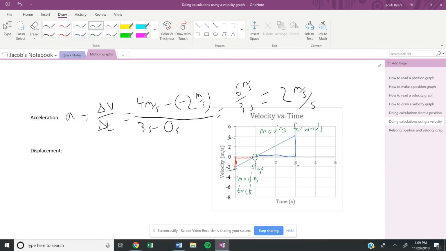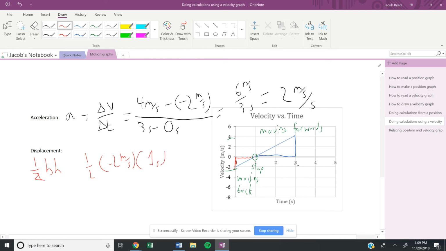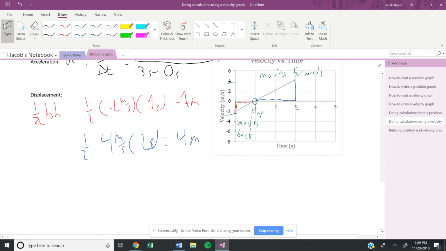The first thing you want to do is find out how far do we move backwards, okay? The area of a triangle is equal to 1/2 base times height. So here we've got 1/2, my height is negative 2 meters per second, and my base is 1 second. So we move backwards negative 1 meters. The second one we've got here is 1/2 times 4 meters per second and 2 seconds, which gives us 4 meters forward. To find our overall displacement, we just add those two. So displacement equals -1 plus 4